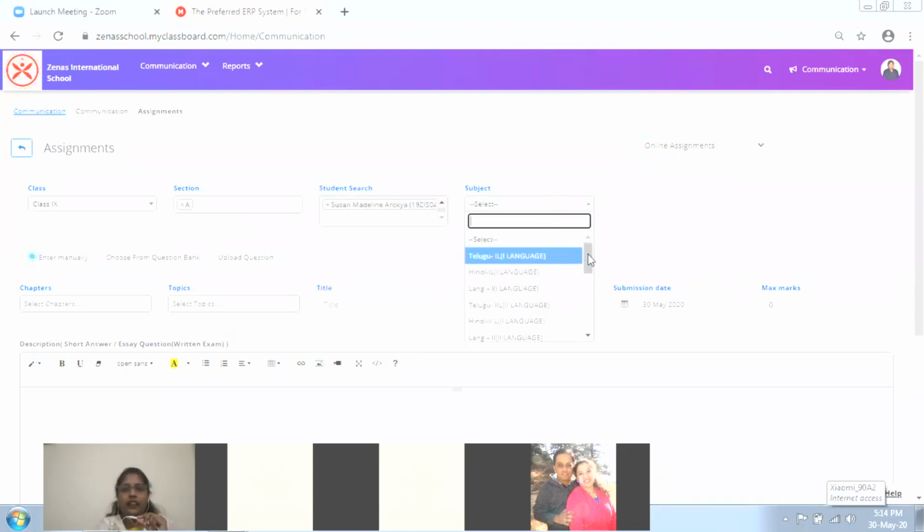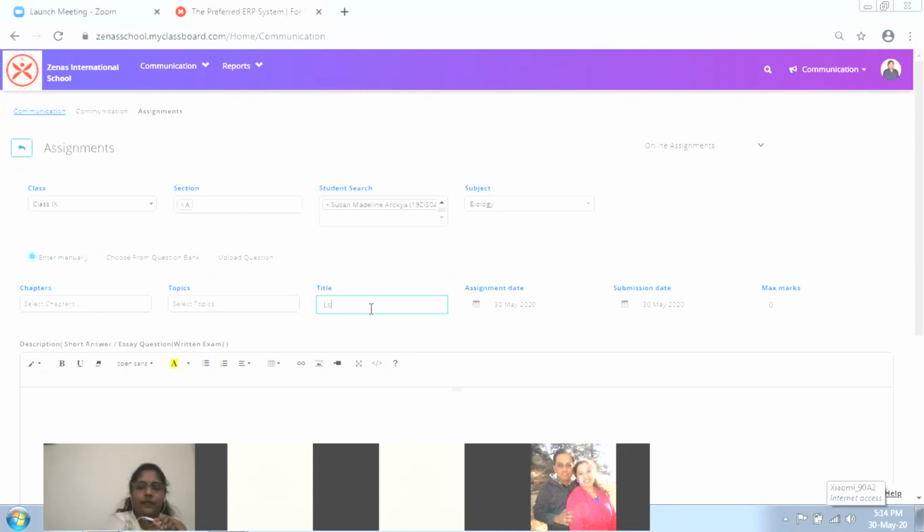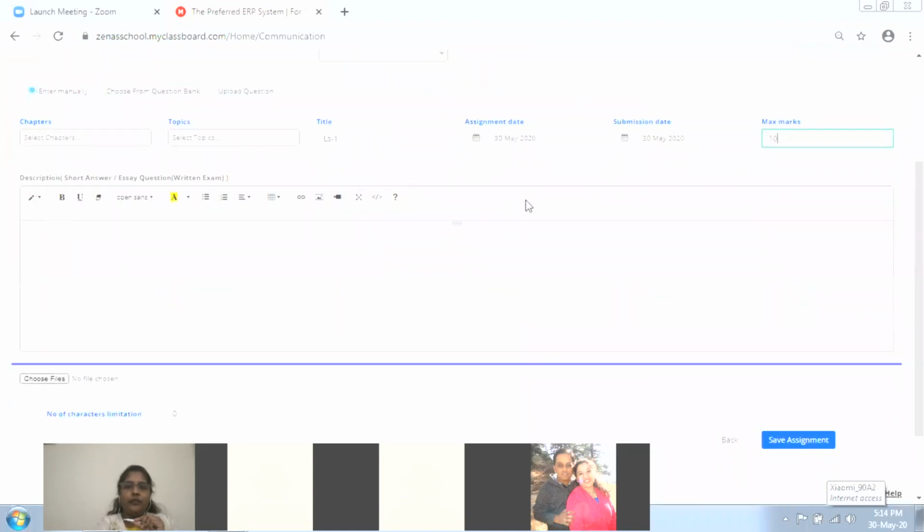Then select the subject that you are taking. Title: lesson 1 or any topic that you are teaching, you can give. Same date. Maximum marks can be given as 10 or 50, depending upon you. And in the description, you can give any question.